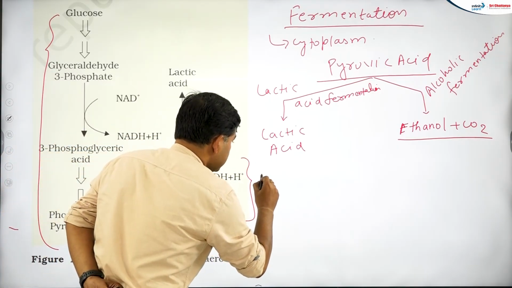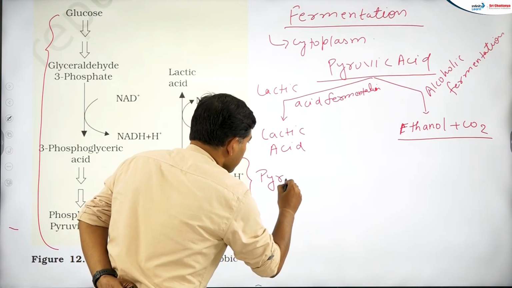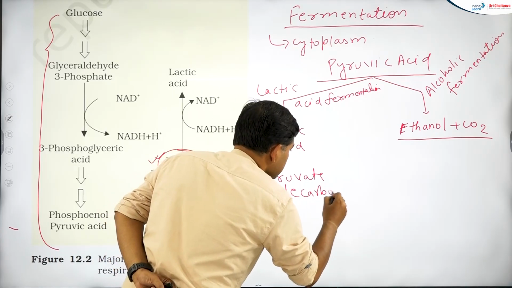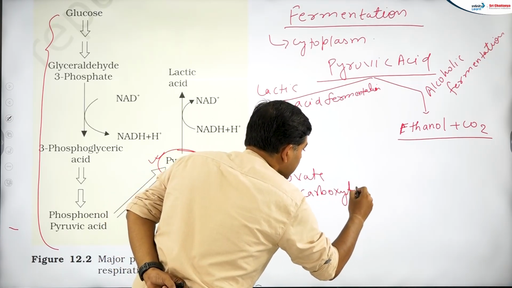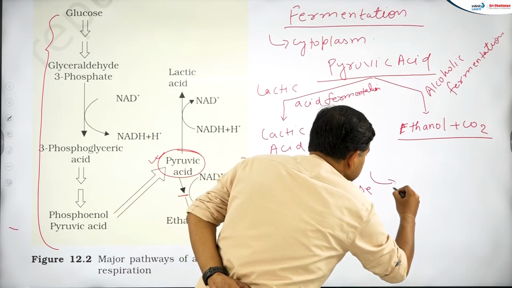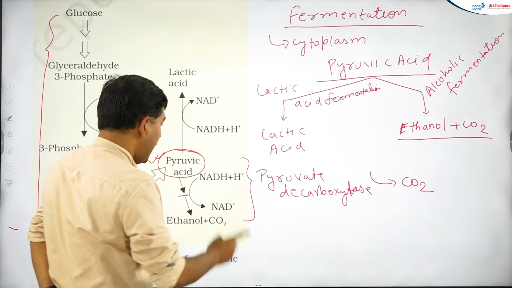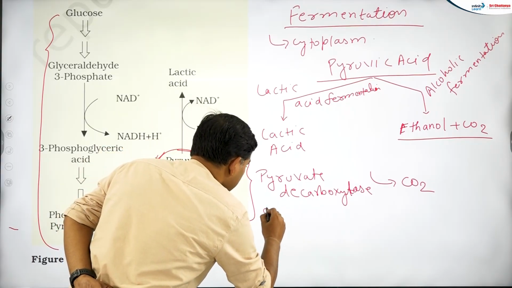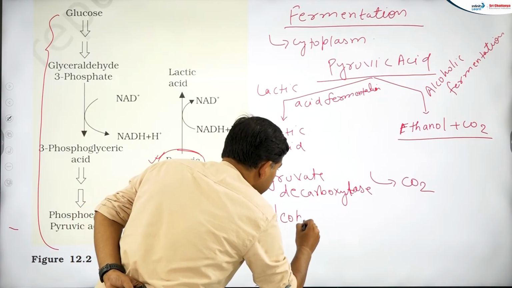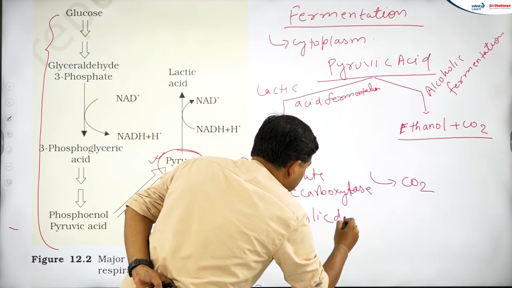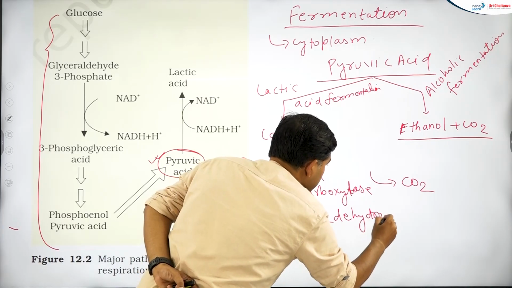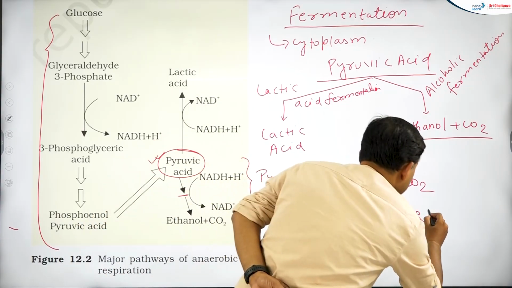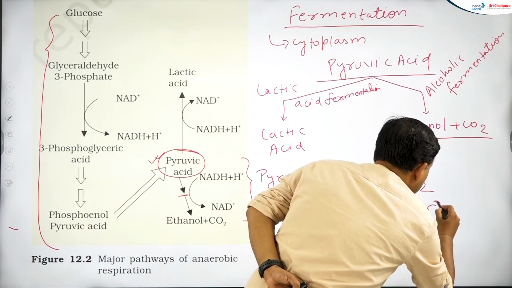One is called pyruvate decarboxylase, which will help in the release of CO2. And another enzyme used here will be ethanol or alcohol dehydrogenase. This one will help in the conversion of NADH